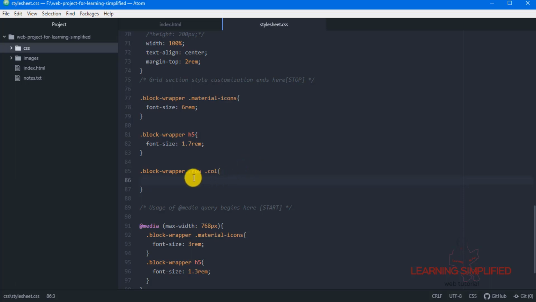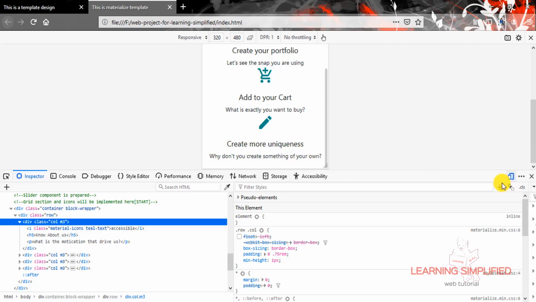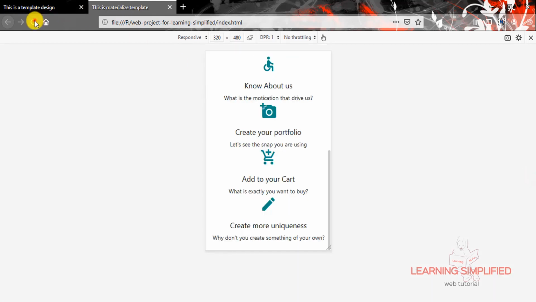There shouldn't be any kind of problem with it. But in the second case, up to this 768 pixels, it will be executing some changed properties over here. In this case, it will not be floating to the left, it will be aligned into the central position, and this is the actual intention with which we are working. So the very first thing we need to check is the changes we have made over here, and we are reloading.